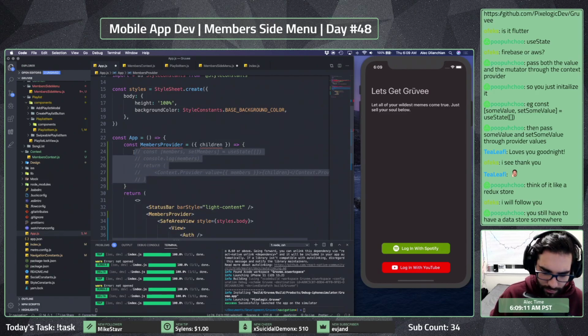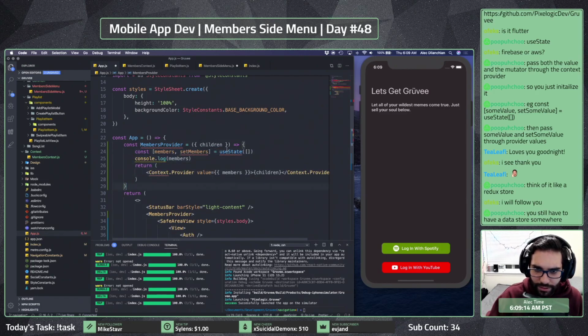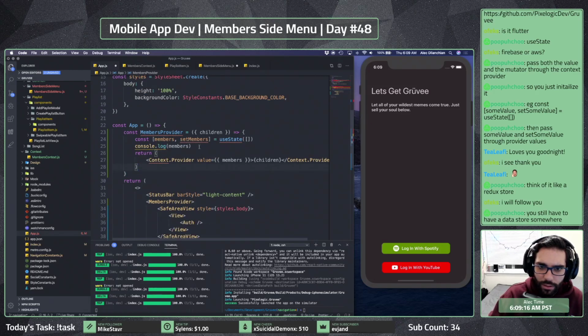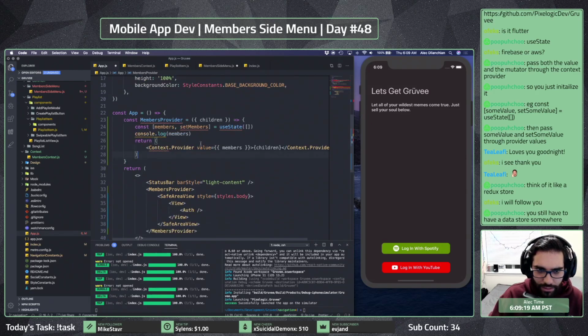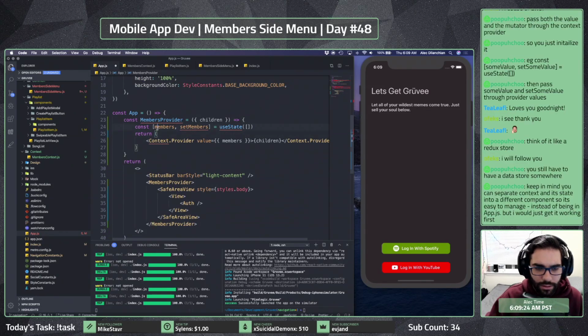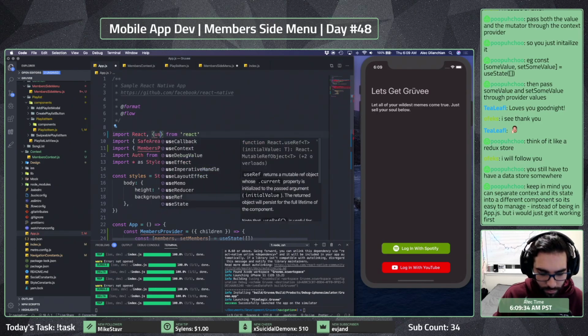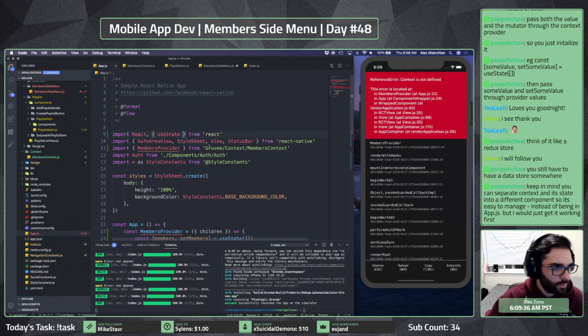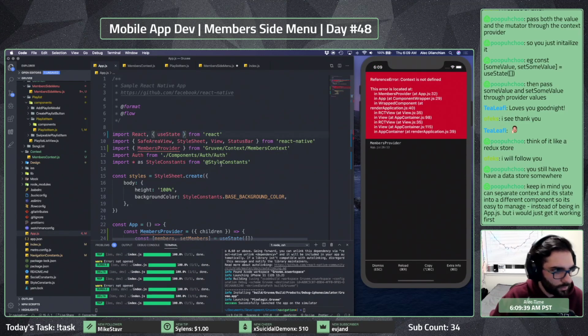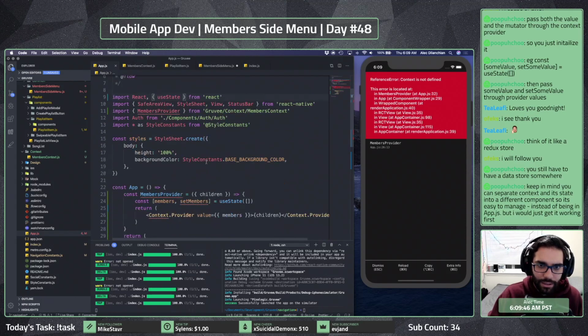Yeah, so I had this thing that you sent yesterday. And so in this case, let's remove that. You can separate context and its state into a different component so it's easy to manage instead of being in app.js, but I would just get it working first. Yeah.